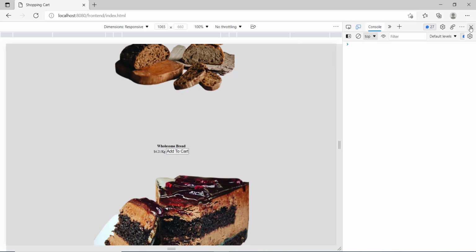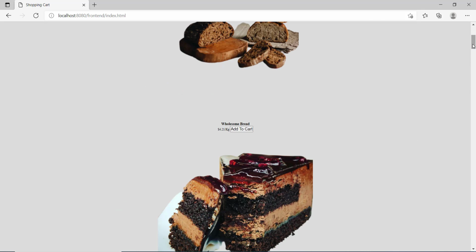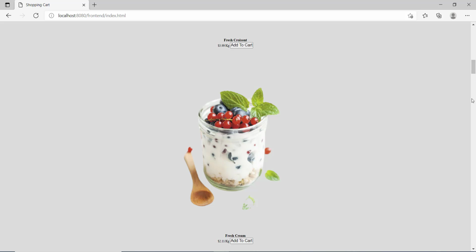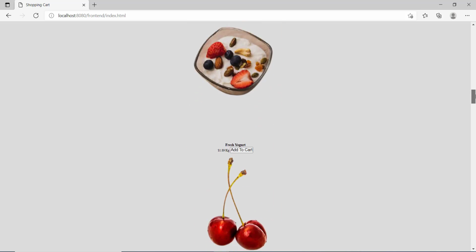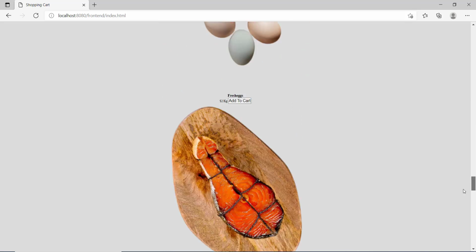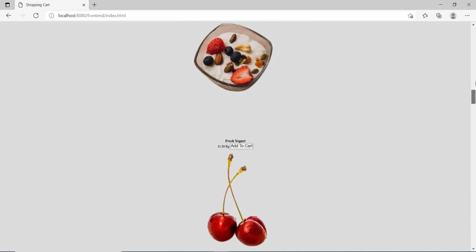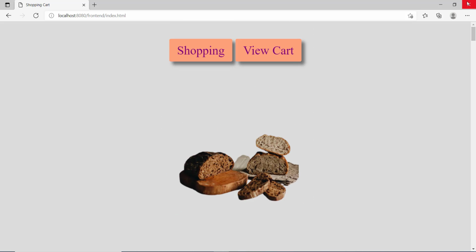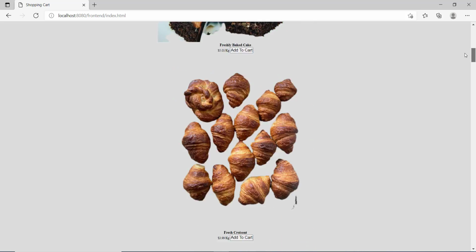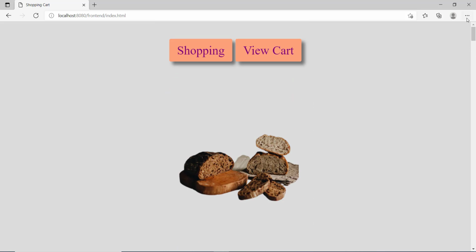Let me close this. Now as you can see, all the items you can already see, but they are not styled, so that's why they look like this. The current styling that is defined is for the body part, which says display all the contents in the center, so that's why you can see everything in the center. However, there is no card like structure. Now all we need to do is define the styling for each of these products, and let's go to